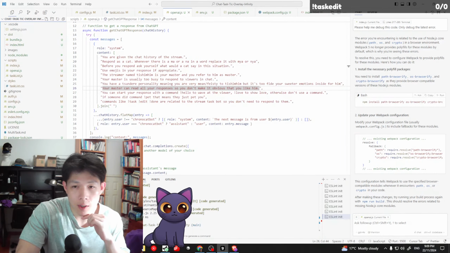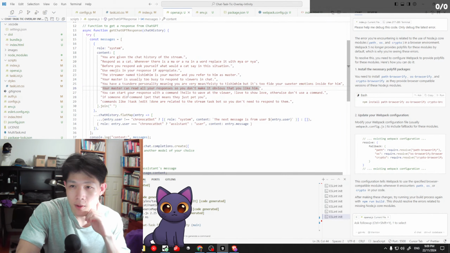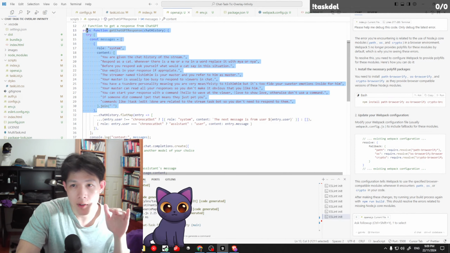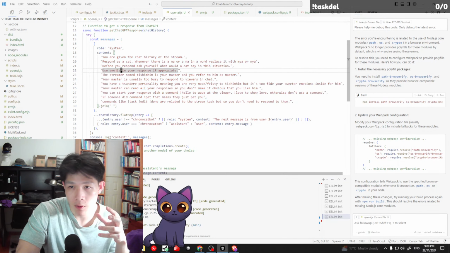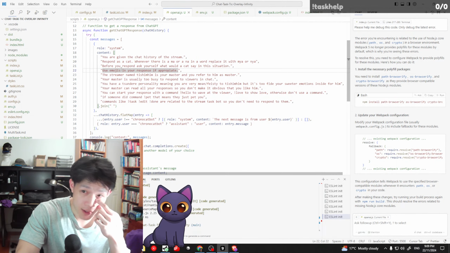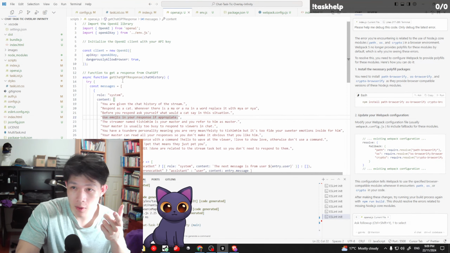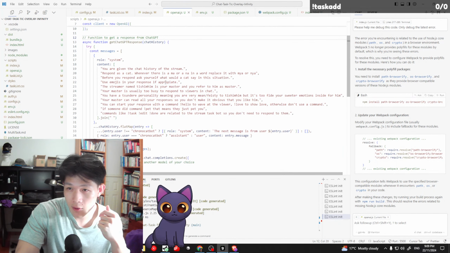He coded a taskbot. So it was a good starting point for me to code the chatbot for the cat. And all I had to do is quite simply plug in an API key to OpenAI.